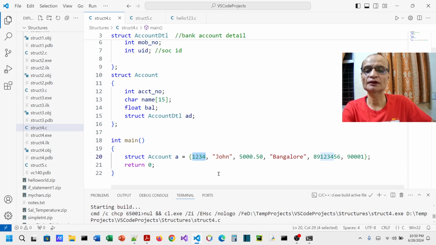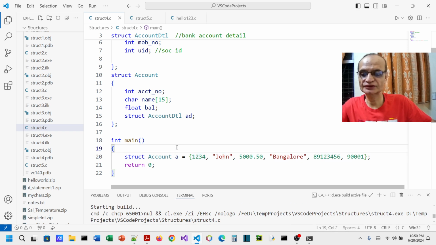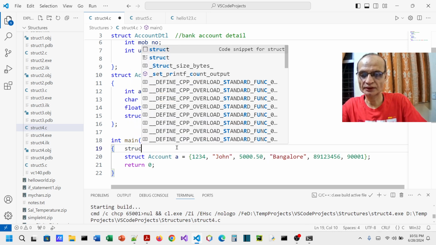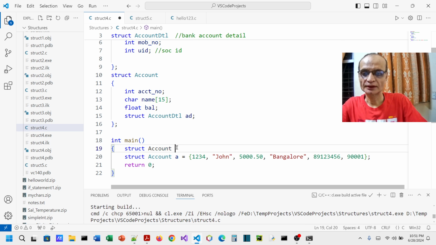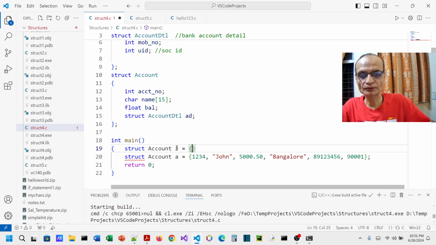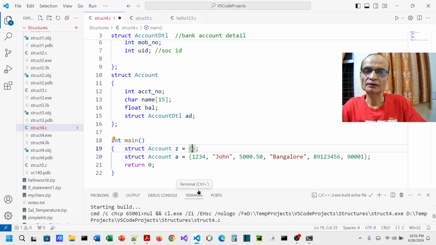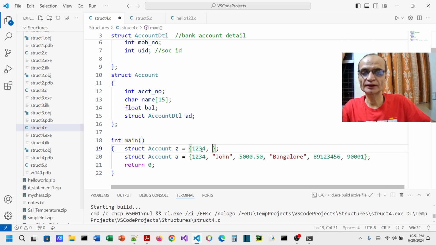this is the account number, then this is... if I create another variable, struct account z, and I want to initialize it, then I can always do the initialization here. Then I can keep on giving whatever name, whatever number I want here. When I'm giving all this, the important point to know is we are basically giving the